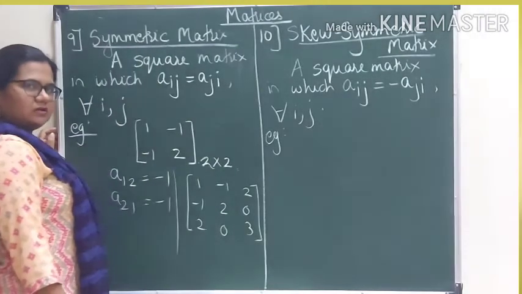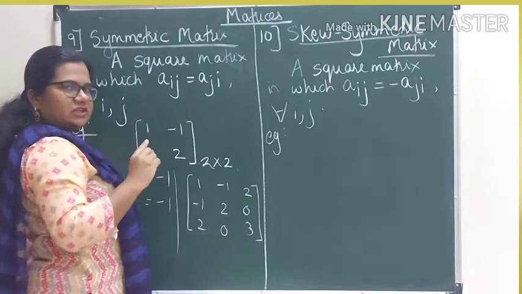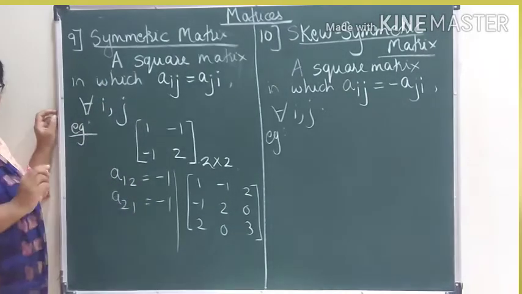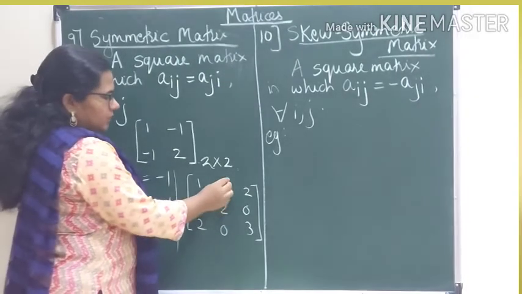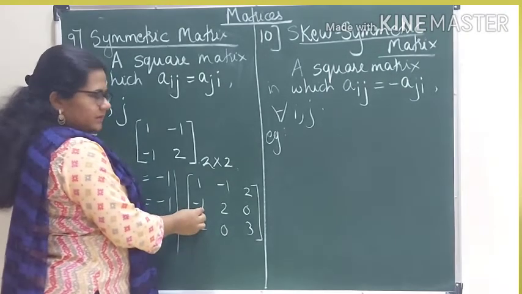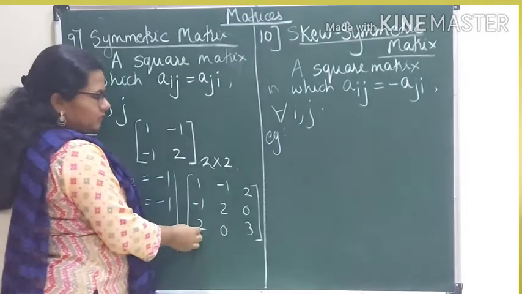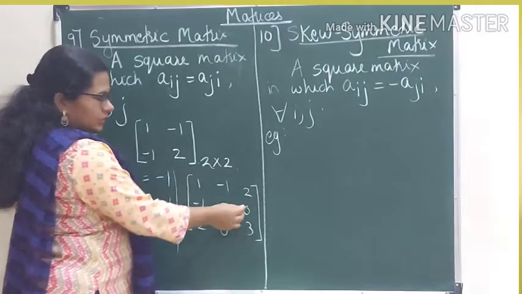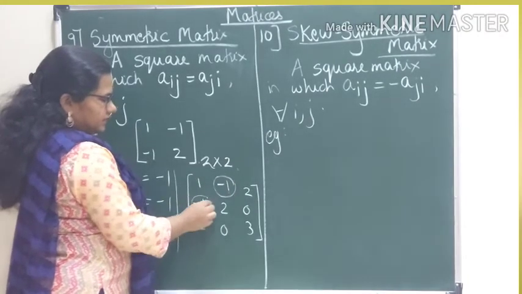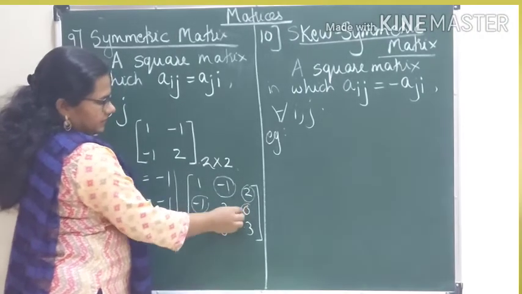Now we will take one example of an order 3 matrix. See, this is an order 3 matrix. A11, A22, A33. Even if you interchange the row number and column number, still you get the same element. So diagonal elements are over. Now what is the element? A12, it is minus 1. A21, it is minus 1. A13, it is 2. A31, it is 2. Then A23, it is 0. And A32, it is 0. So you have to check this element with this. It is equal. This element with this element, again it is equal, and this element with this element.